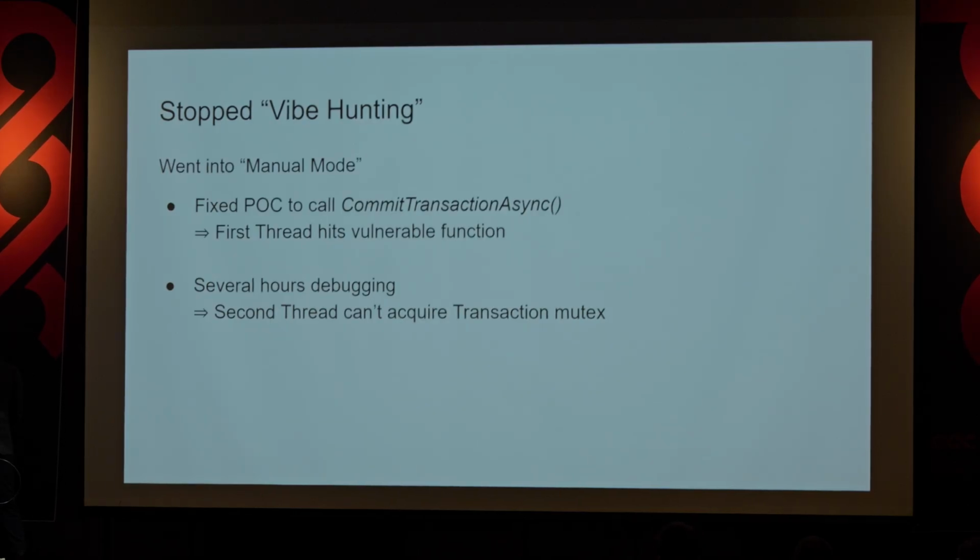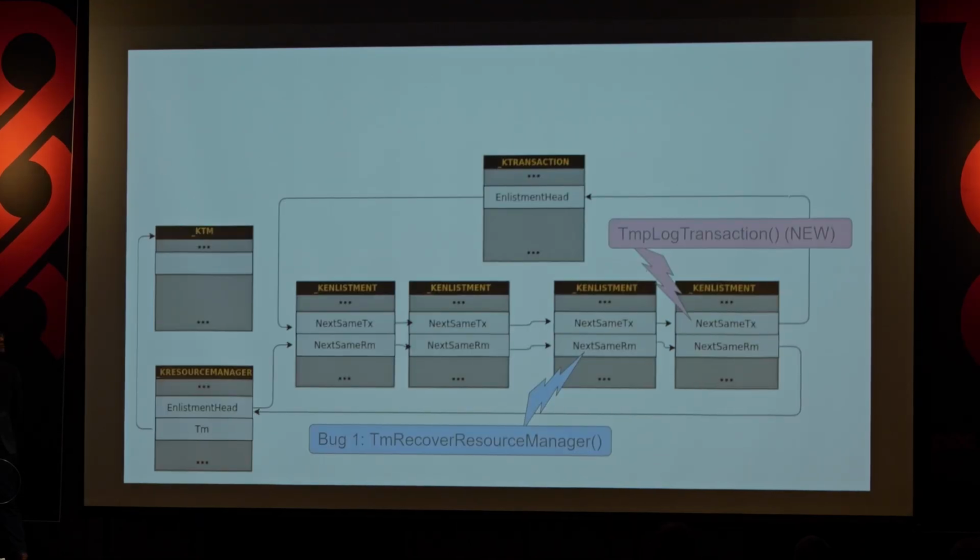And the reason why is because it can't acquire the transaction mutex. I was like, okay, that's not good. Let's try to understand why. And actually, it turns out the reason why it's happening is because if we go back to the TMP Recover